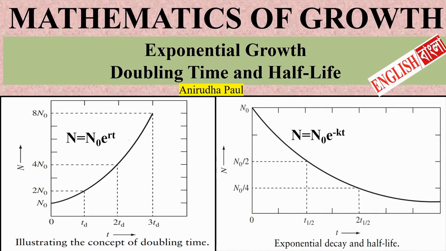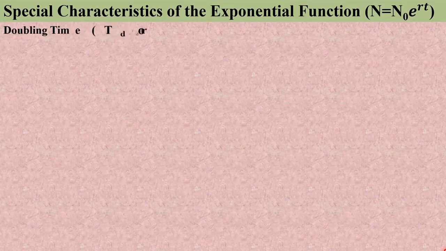Today we will discuss two special characteristics of the exponential growth. One is doubling time and the second one is half-life. And doubling time can be denoted as capital T, small d in suffix, or small t and small d in